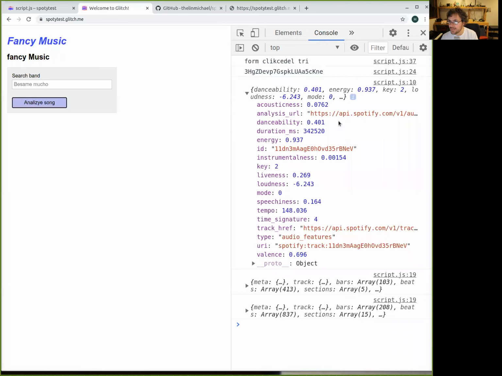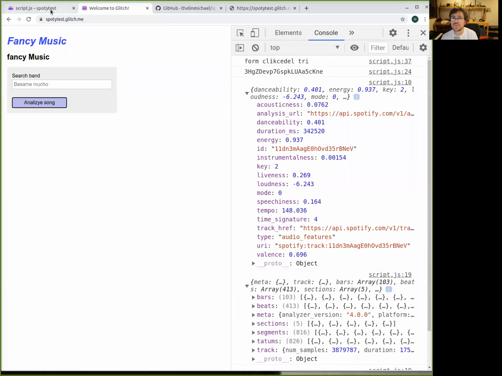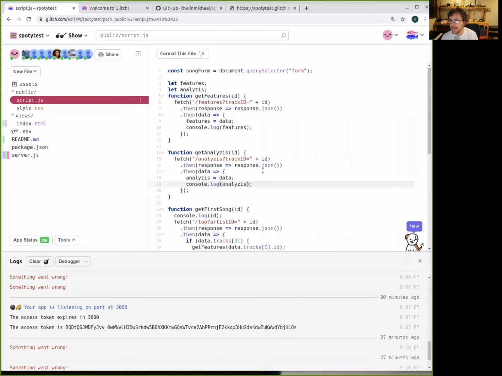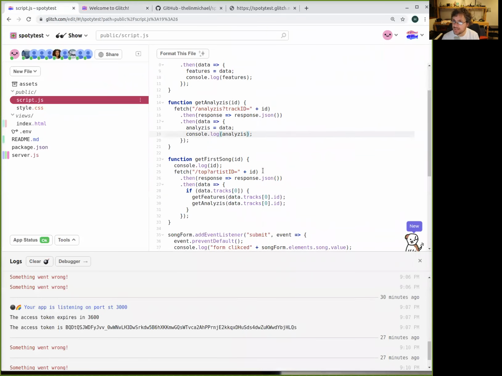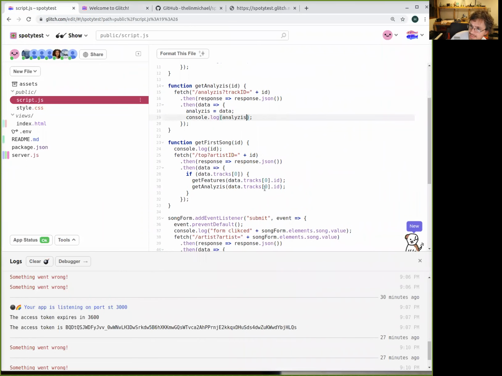What is the name of this song? Oh, I don't have the name. Where is the name? Can we have a name? If we do want the name of the song, we have to be careful because that is not part of the data tracks as far as I can see.